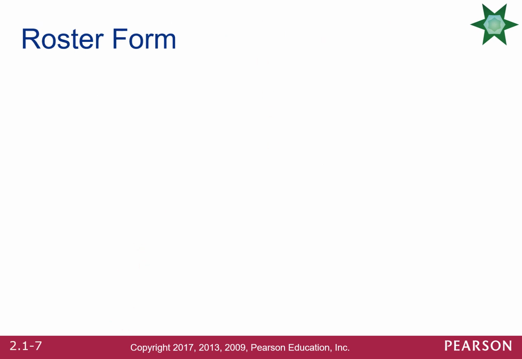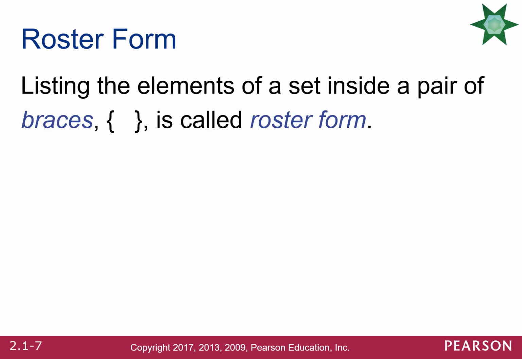Now the second method of expressing a set is called the roster form, and in this roster form we list the elements of a set inside a pair of braces, curly brackets, or sometimes also called parentheses, and this is called the roster form where we use these brackets or braces, and inside the braces we list the different elements